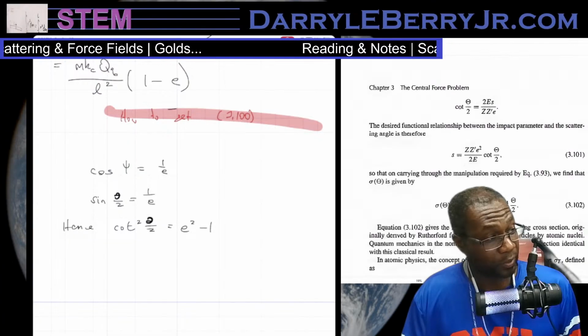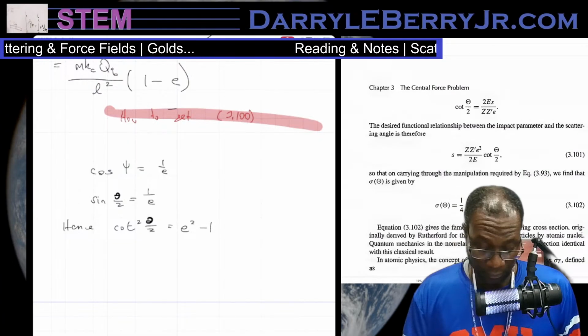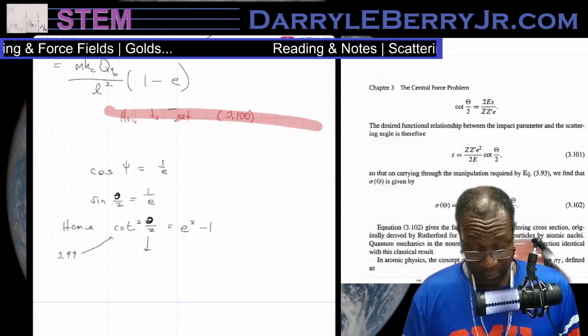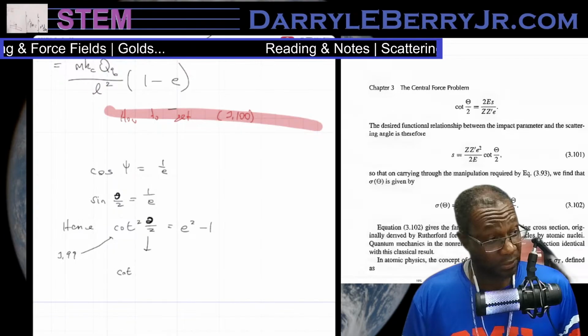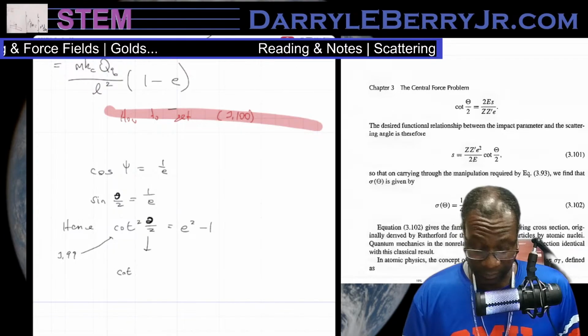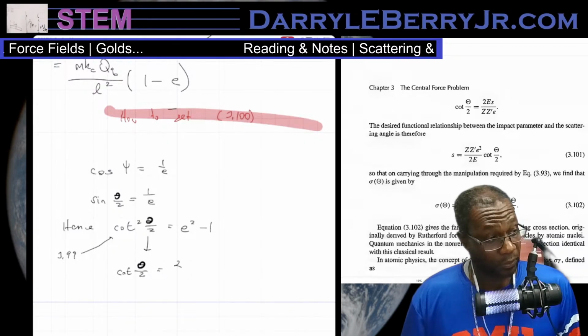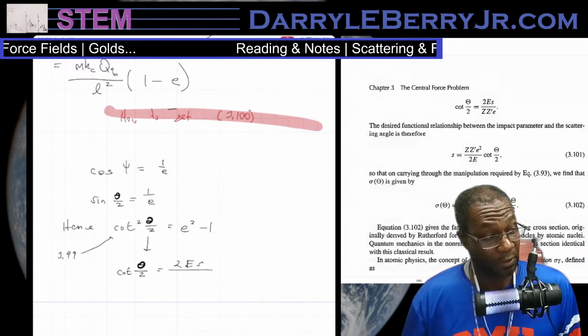I'm using the equation 3.99. And so that gives cotangent squared, this cotangent big theta over 2 equals 2 es over